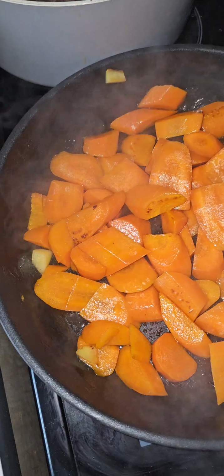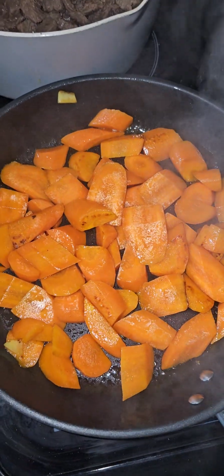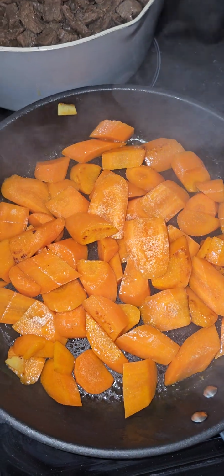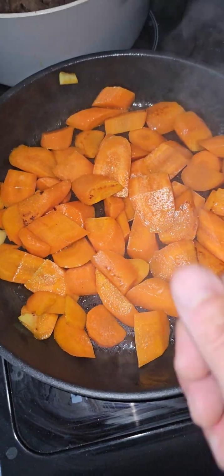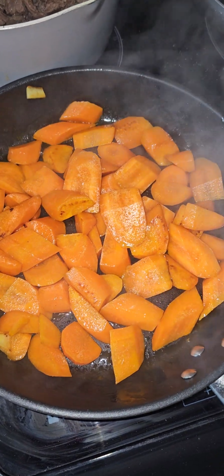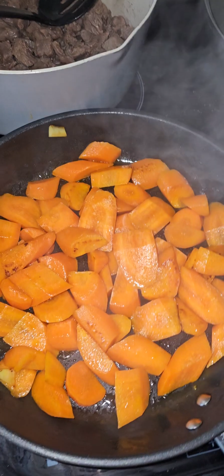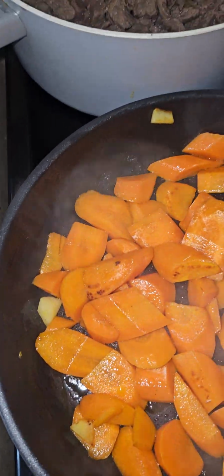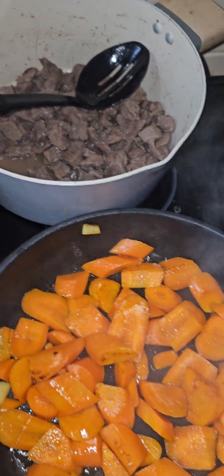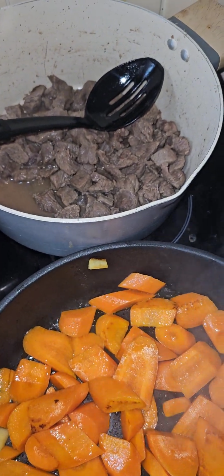So another couple of minutes on these now, then we're going to put the swede in, the parsnips, and then the onions I'm just going to chop, just put them in lightly for like 10-15 seconds, that will go straight in the pan. And also then the potatoes, which will go in chunky, about this size, maybe a little bit bigger, and that will be the final ingredient. And then we'll add the stock, and then we'll let it simmer then for about 2.5 hours. So that's all we need on these. These go into the pan,